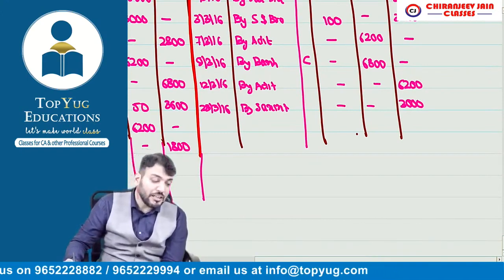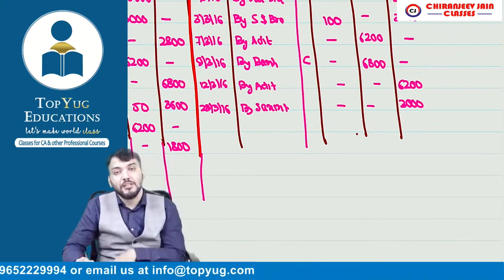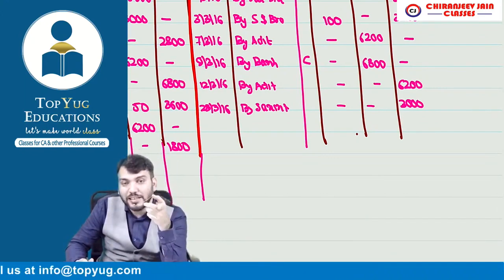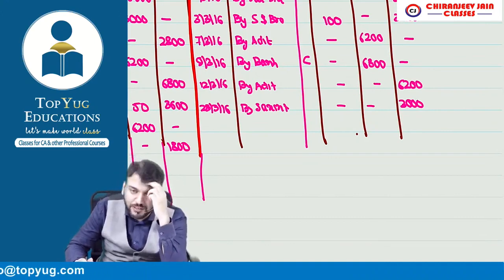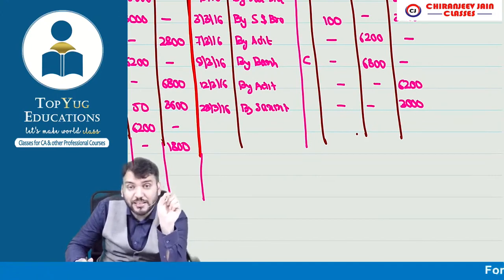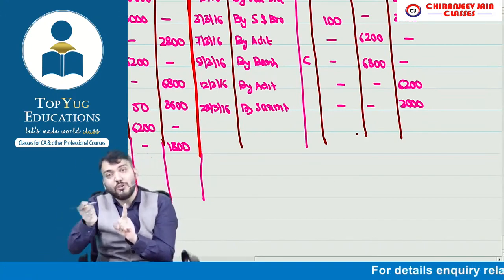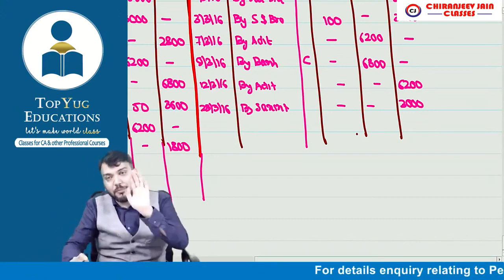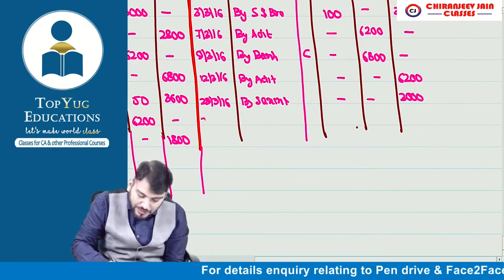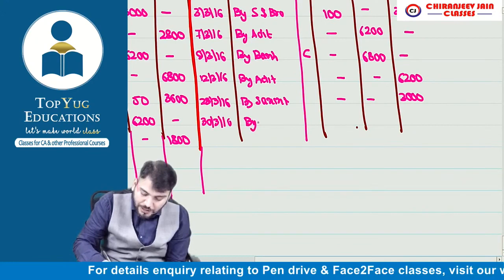Now bank charge: 1% commission on sales through debit card and credit card. Whenever you do any sales transaction with a debit card or credit card, the bank will charge a commission for that. So it becomes an expense for you. The journal entry is commission account debit to bank. The bank will automatically deduct it from your bank account. It means on 30th March 2016, by commission,